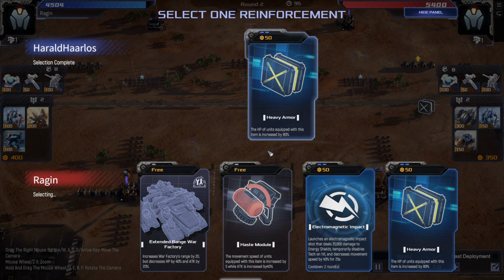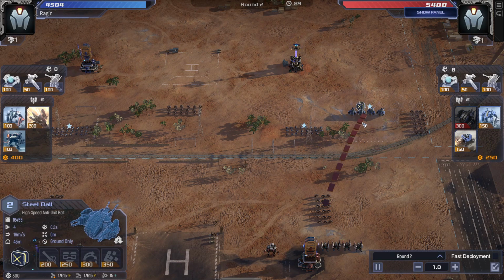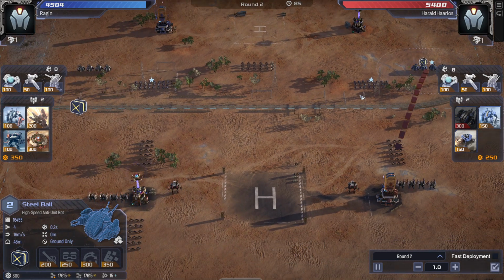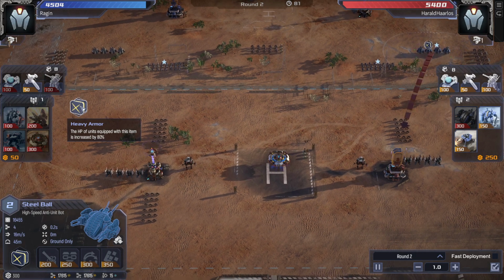So we have a few options here. He immediately goes with heavy armor and sticks it on the level 2 balls, because level 2 balls with heavy armor on round 2 is really difficult to beat. I also opt for the heavy armor. In hindsight, I think the haste module could have been kind of good